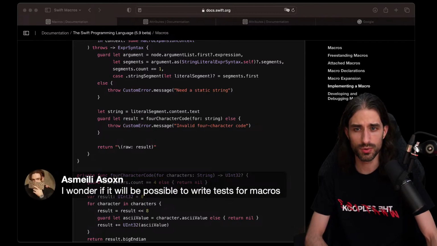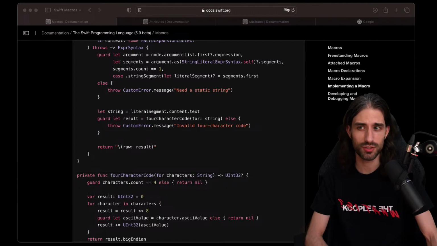A very good point. How do you test macros? I would say kind of by doing some kind of snapshot testing, where you give it an input and an expected output, and you make sure that it generates the same thing.